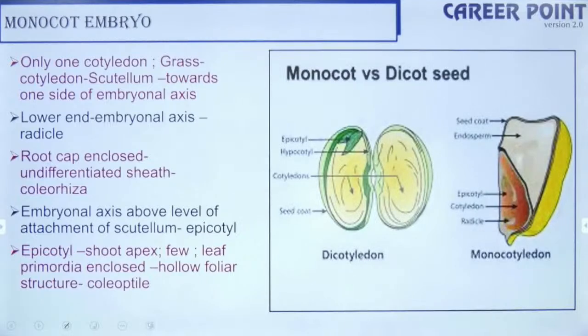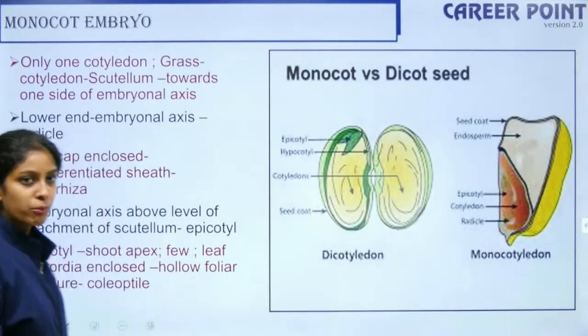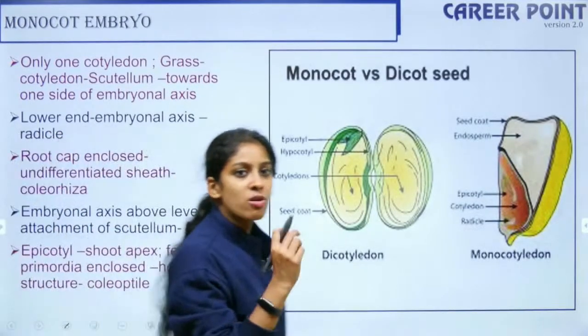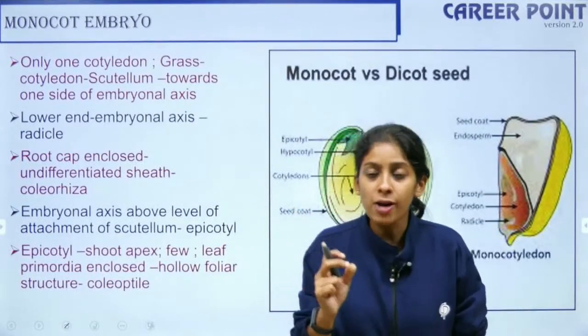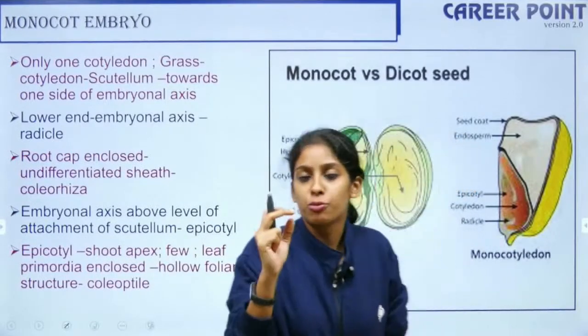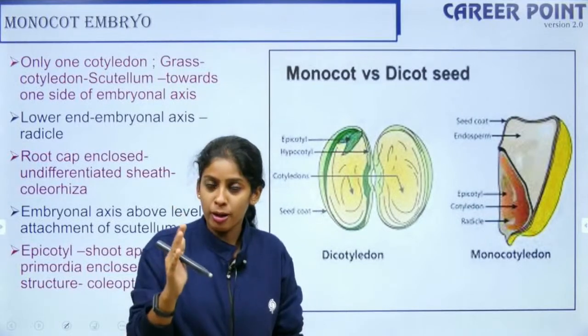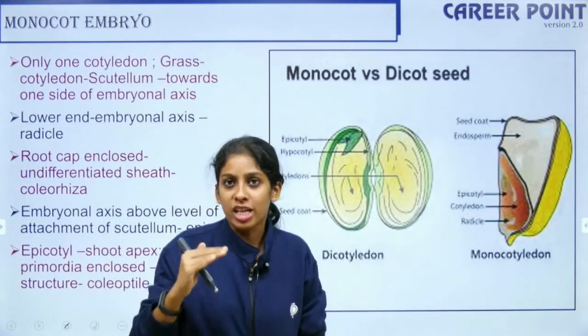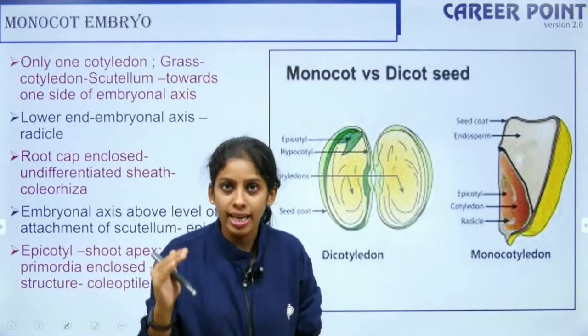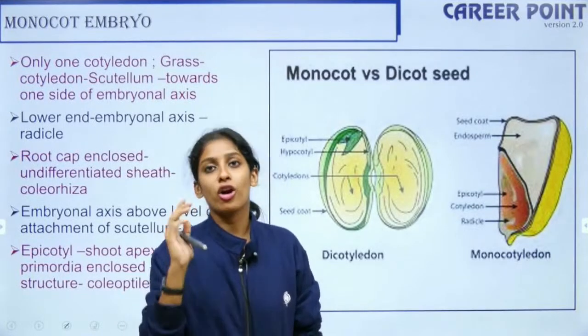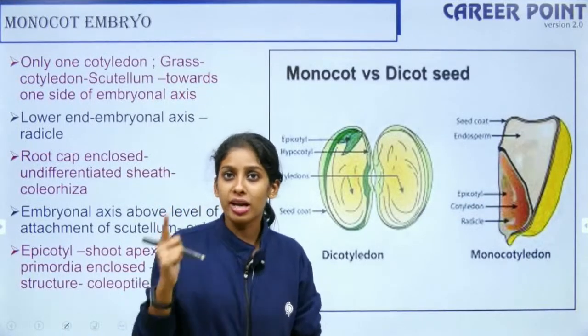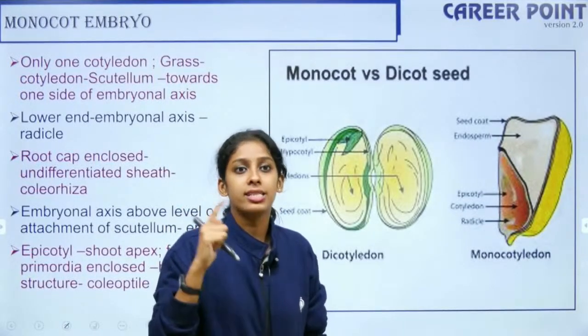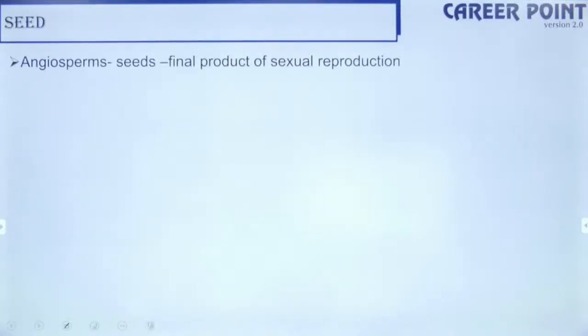So your monocot versus dicot embryo. In monocot you have what is known as an aleurone layer. So the aleurone layer is the protective covering of the endosperm, and your endosperm and your embryo are separated by the scutellum. So you have a cover for your radicle, that is coleorhiza, and for the plumule, that is coleoptile. Okay, fine. So moving further, we will talk about seed.